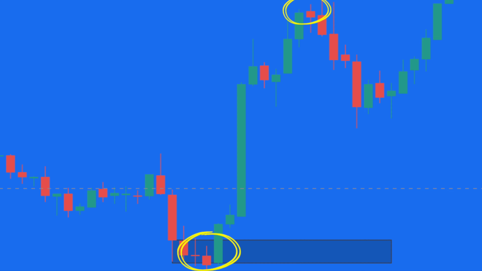In this video, you can expect to learn about liquidity, how to find it on the charts, and to top it all off, we'll go over an example of how you can use it to get sniper entries like this one. I'm not here to waste any time, so let's get into it.